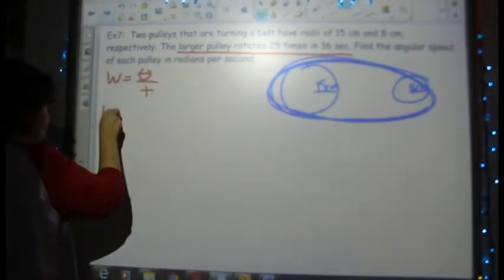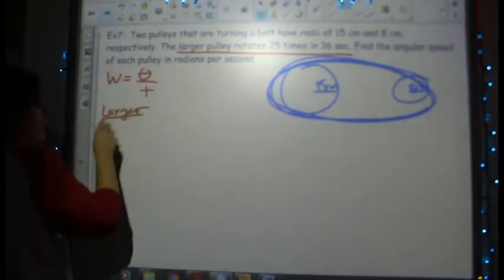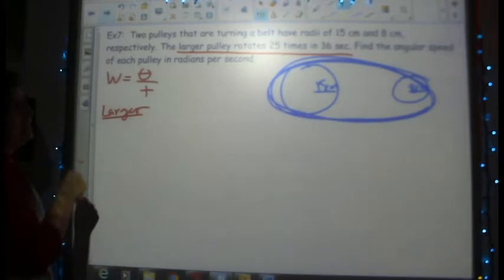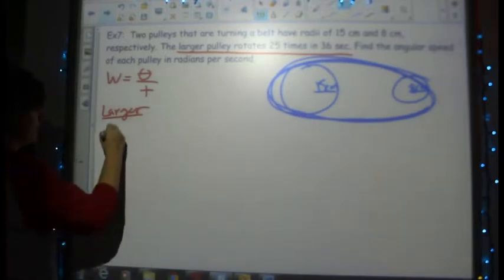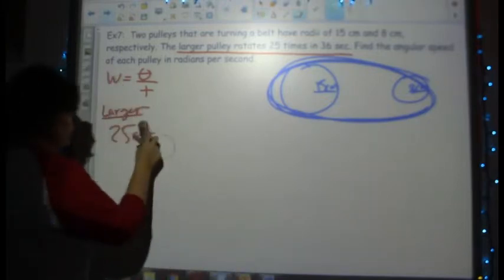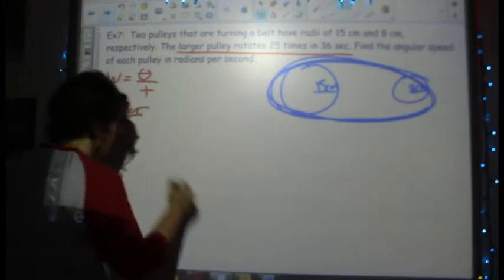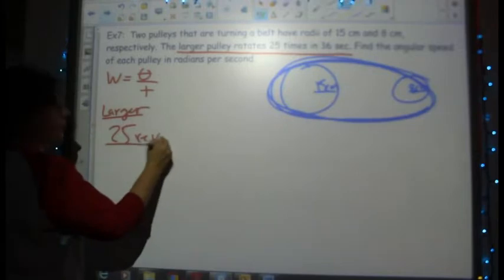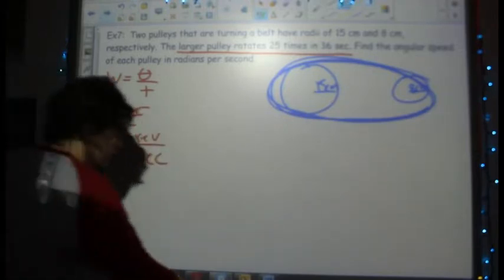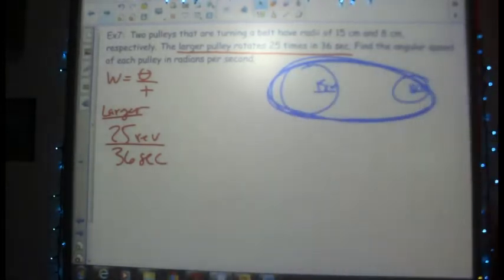So for the larger one, I know that it rotates 25 times in 36 seconds. So that means I have 25 rotations or revolutions. If you prefer, we can use revolutions. It's the same idea. Revolutions for every 36 seconds. All right, so we can divide that. And then we have to think to ourselves, is that what they're asking for? Is that how we leave